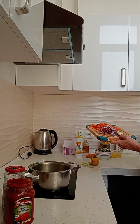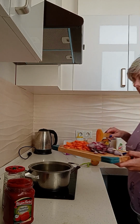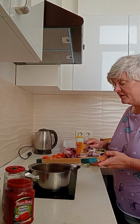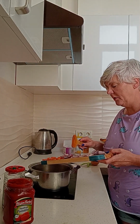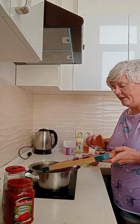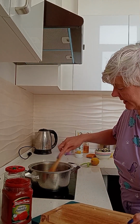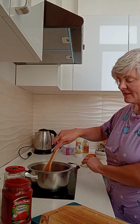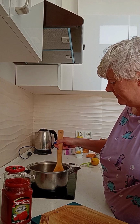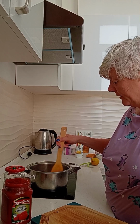The reason that I usually cook with the garlic powder or garlic stuff is because actual garlic is a bugger for burning. So I'm going to put that in, and I've not got my non-stick pan because I wanted to do it. It's supposed to go in the oven, but I don't have an oven, so I need to keep squishing this and make sure it doesn't burn. So once that's gone in,